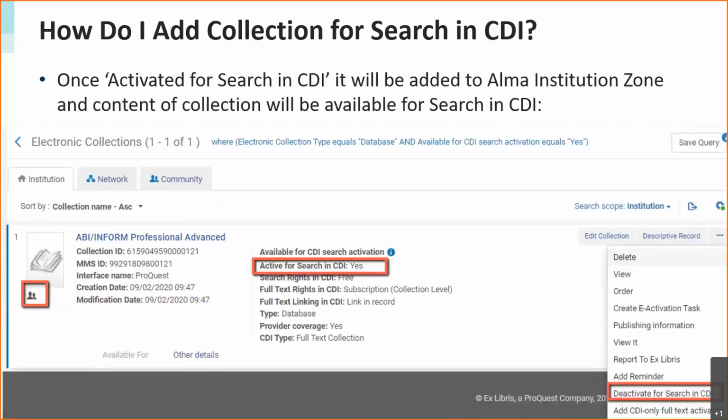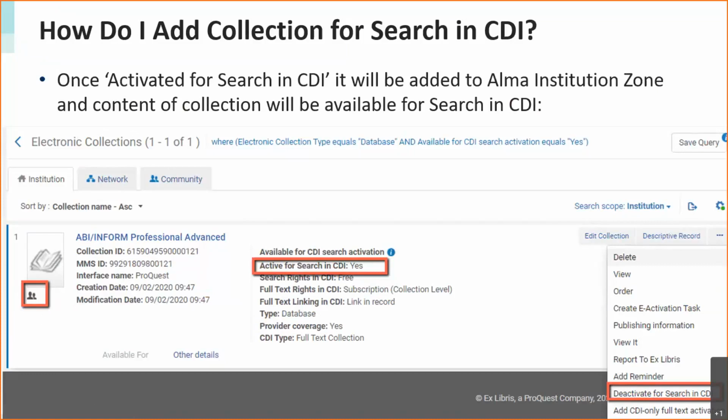Activating it for searching CDI will activate the collection in Alma, but it will be unavailable. You see, it's the gray icon again. The content of this collection is not available for full text in Alma, because you just activated it for search in CDI. It is active for search in CDI, as you can see here, it's defined as yes. And that means that the content of this collection will be searchable when you click on expand my search results.